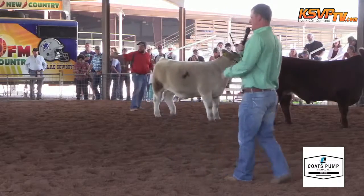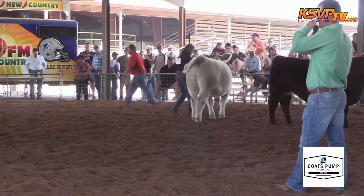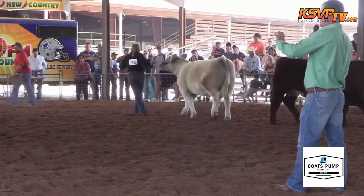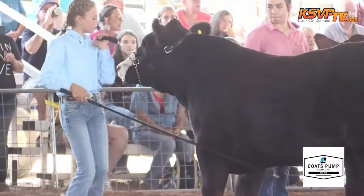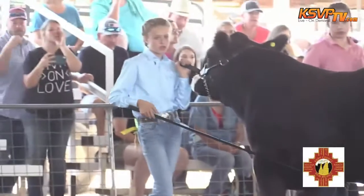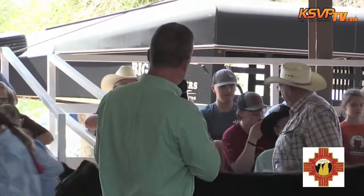One that comes next, this one's probably got as much back shape and expression as anything that we've got out here. That one looks a little harder doing in terms of his kind, not quite as dropped and progressive there in the center portion of his body. Not quite as market ready or smooth in terms of his condition, but I love that one's shape. I like that one's expression. I'd maybe just like to see that one belly down just a little bit,